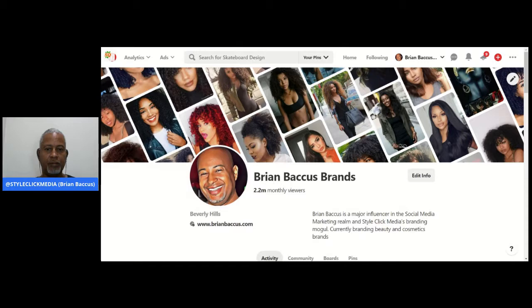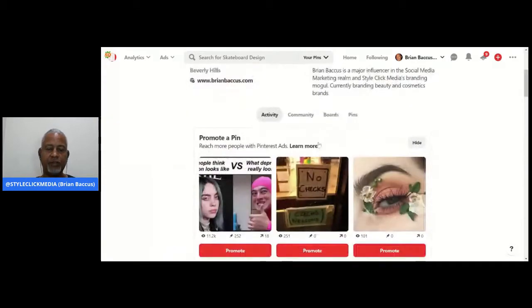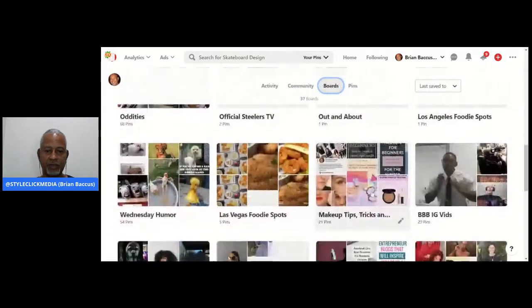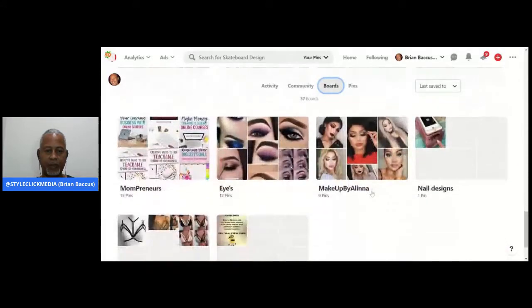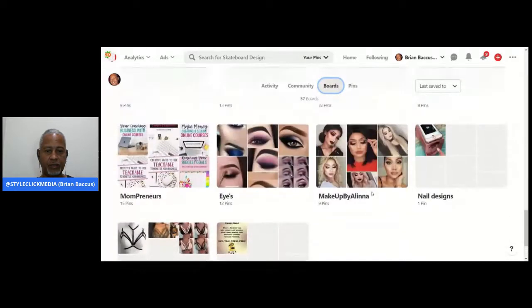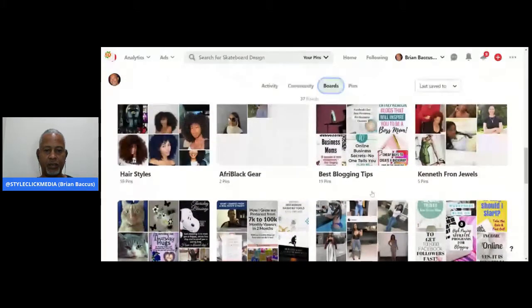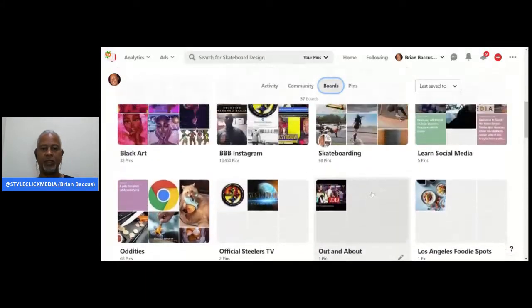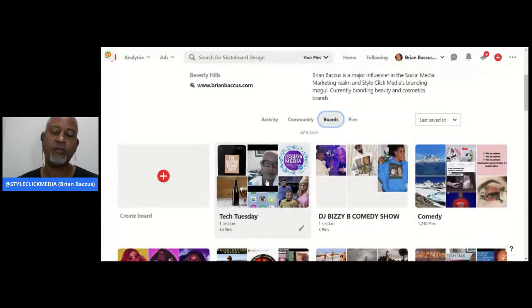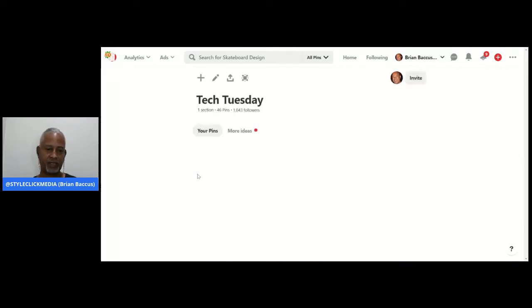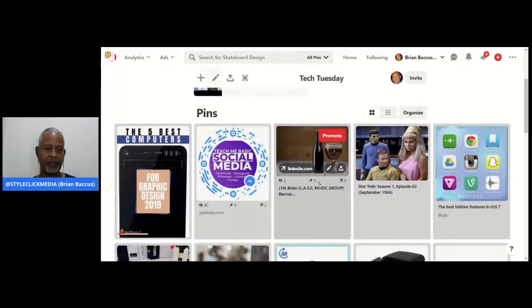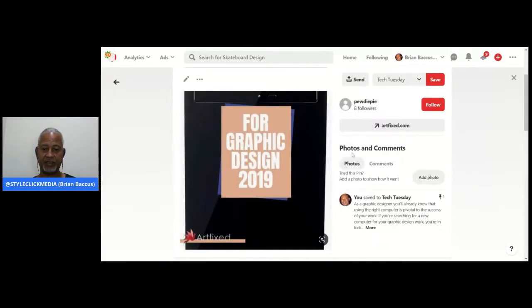So here, we'll go look at that board. That board is Tech Tuesday. I'll scroll down to Tech Tuesday. And I can't find Tech Tuesday. Where is Tech Tuesday? There's Thursday. I don't see it. Oh, I'm sorry. Whenever you post something new, that board becomes active and moves up to the top. I should have remembered that. So I'm going to go to Tech Tuesday and I'm going to look at that pin. And here it is. And it's got everything in there.